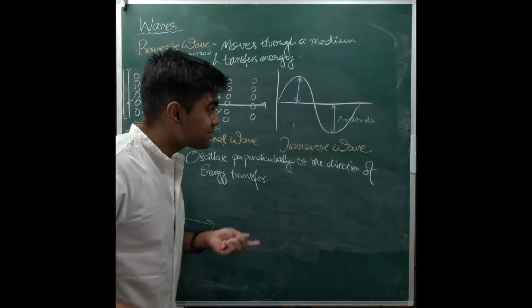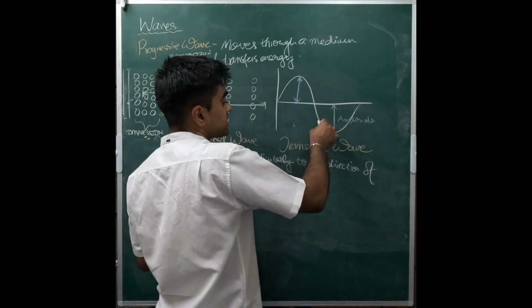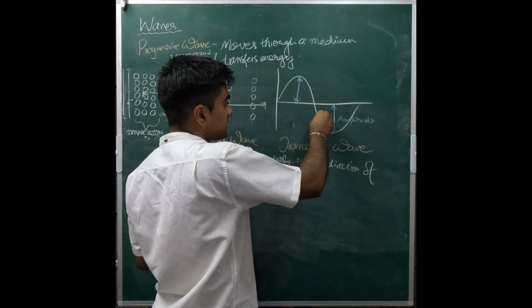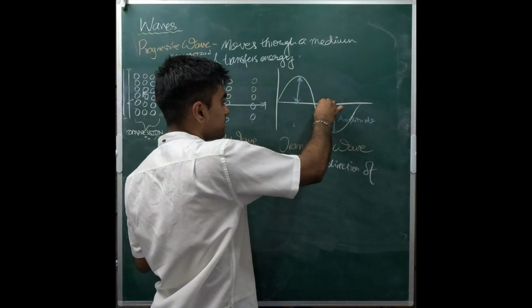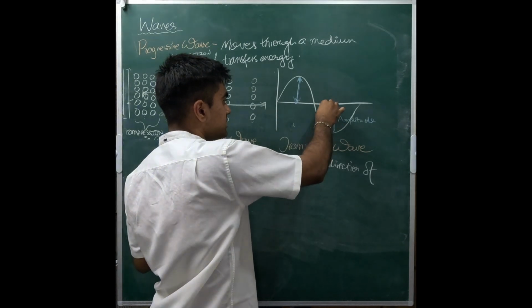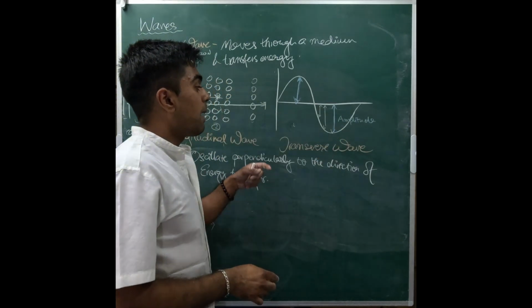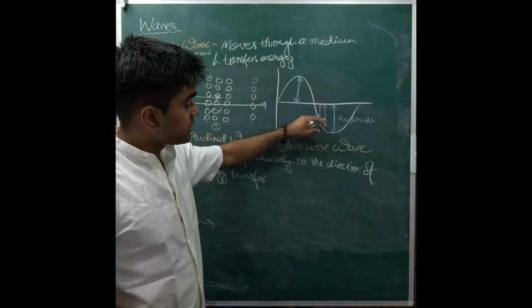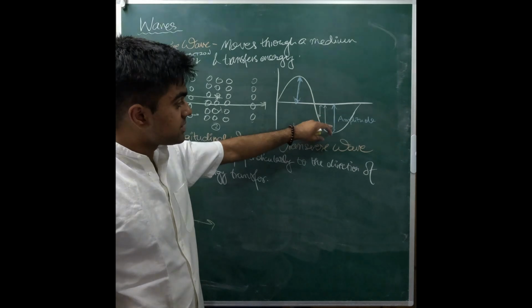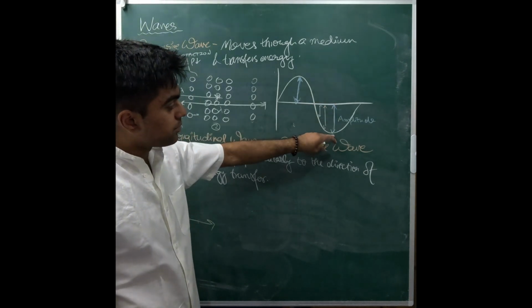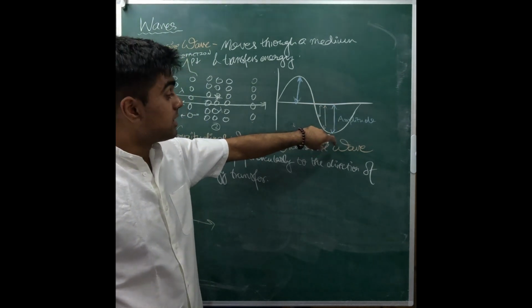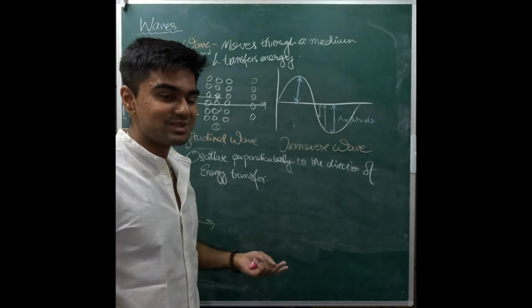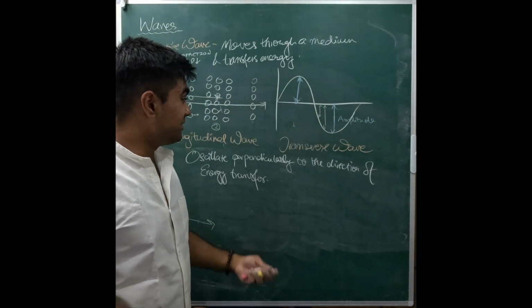That's your amplitude. Now the next question that begs is, what is the displacement? Now the displacement can be, for example, when the wave reaches this point, that's your displacement, because displacement is by how much a particle has oscillated. So if the particle has oscillated till here, that's your displacement, whereas the maximum point that a particle has been displaced is your amplitude. Cool, so we've learned this property.